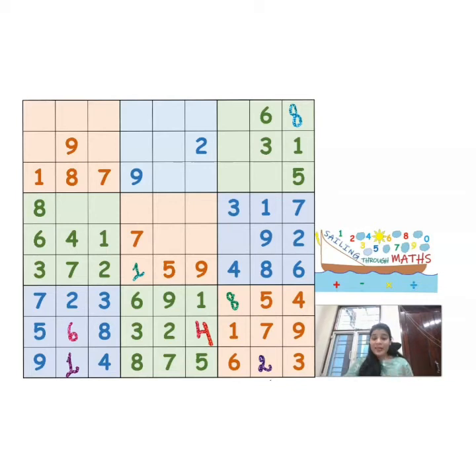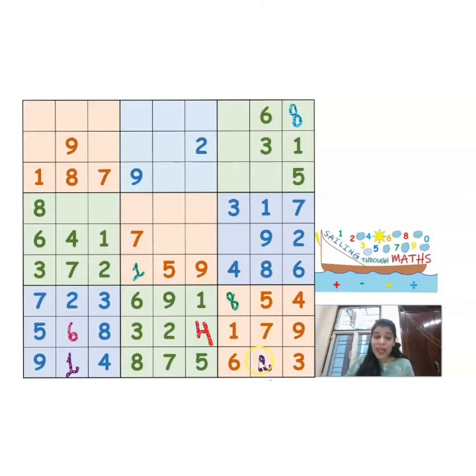So now you can clearly see that we have already filled the 3 rows of our Sudoku. That is 7th, actually 4, 6th, 7th, 8th, 9th row of Sudoku are filled. Now see, in rows you can clearly see now that a lot of the numbers are missing. So now I am going to switch on to the columns. I am going to switch on to the 8th column first.